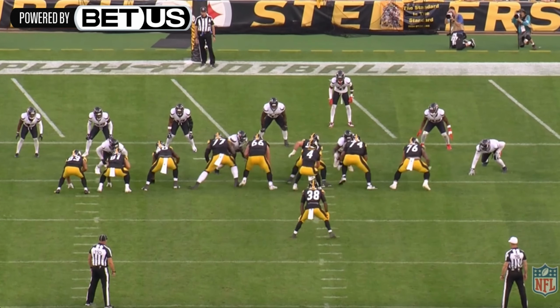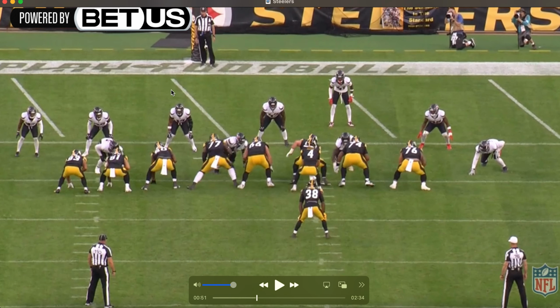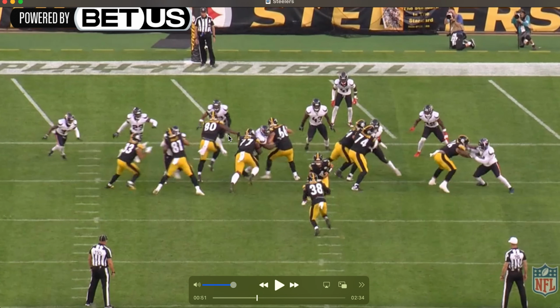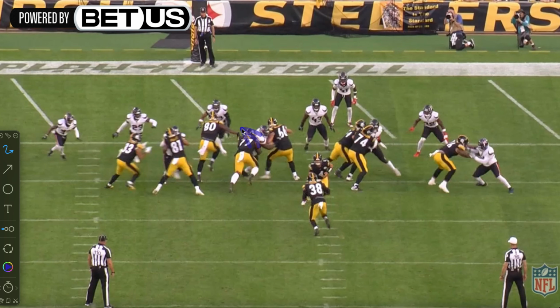This one, I think we're going right on this one. Yeah. So love what he does here. So it's going to be a little inside zone step. You can see everybody's kind of taking that right. Argued or debated whether or not this was duo, because 66 kind of takes a first step to the left, but he's constantly looking right as